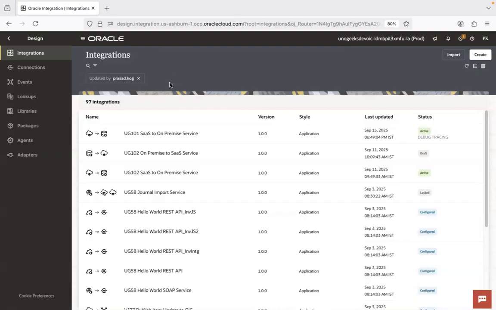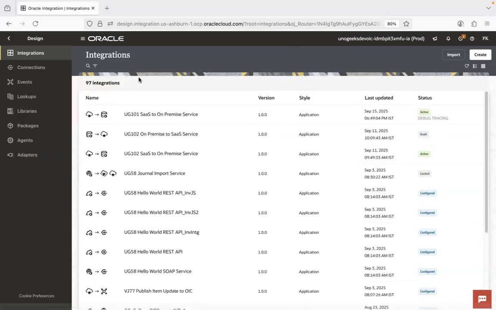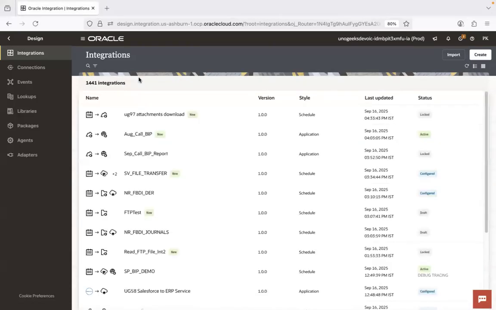And this is the most important part, guys. So you see that your username is applied as a filter here. And whatever username is applied as a filter, this is something that we can remove. And with my username applied as a filter, we can see that there are a total of 97 integrations available. There are 97 integrations that I have updated. And the moment I take off this filter, you would be able to see that there are almost like 1400